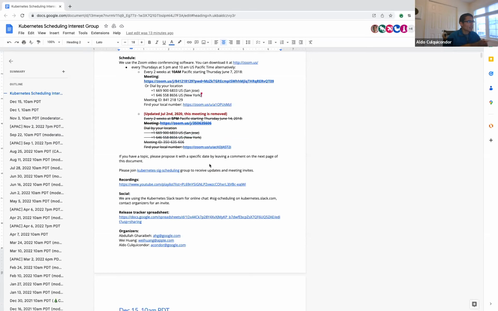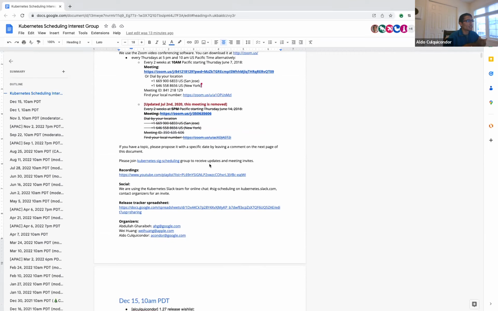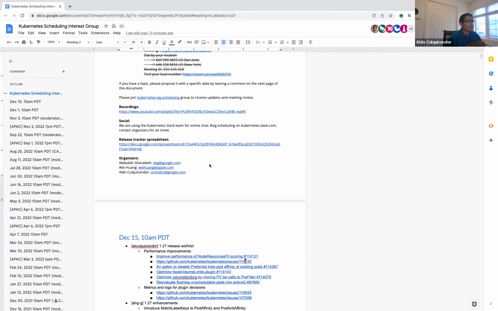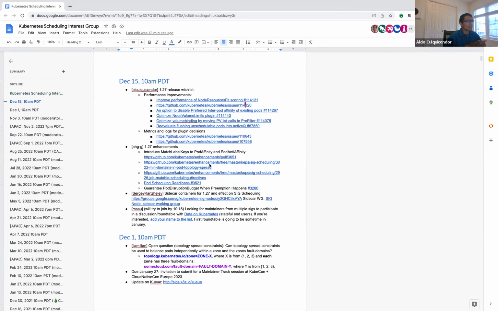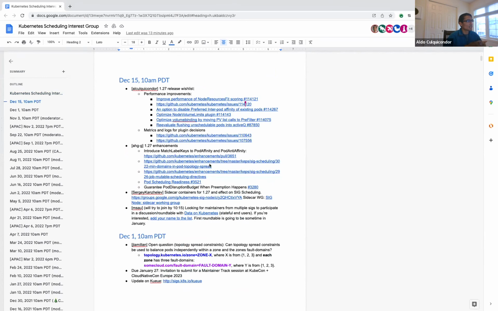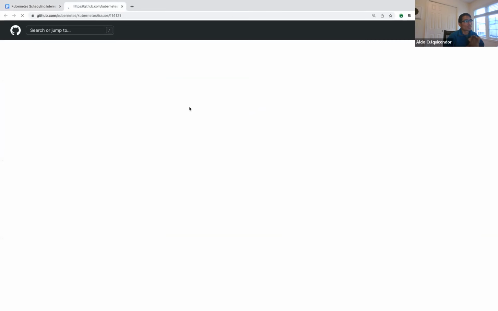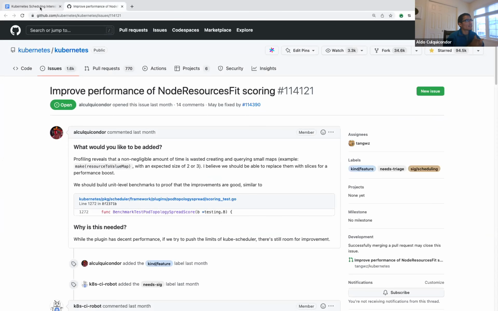So here we open a list of issues where these issues will actually improve the performance of the scheduler. There are a few. This one is about some calculations, if I remember correctly. Second one, right.